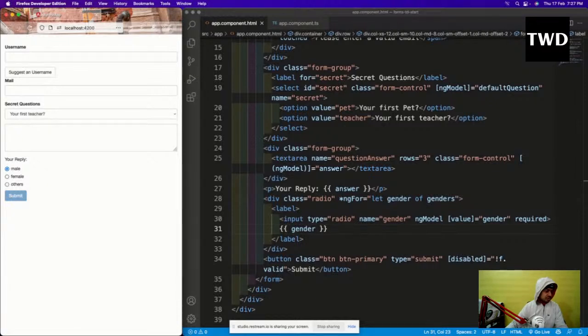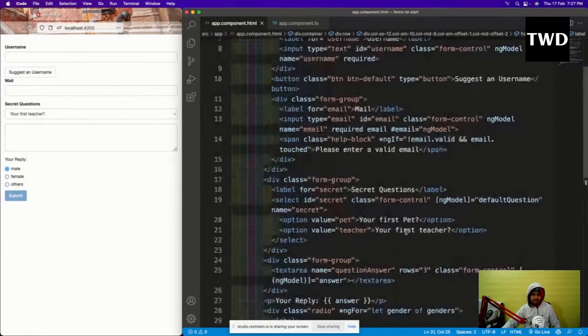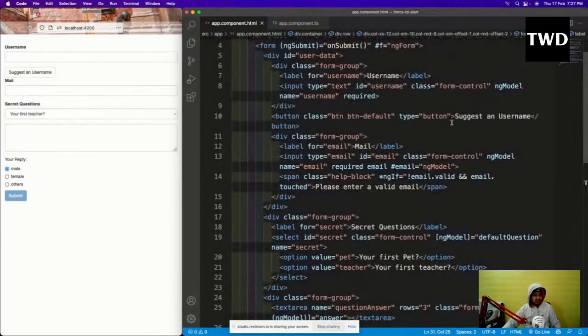Now we will add the functionality to the suggest a username button. How will this be used? My suggest a username is now a normal button.